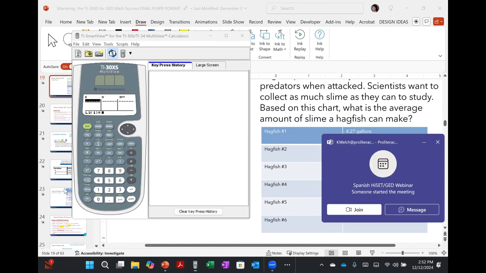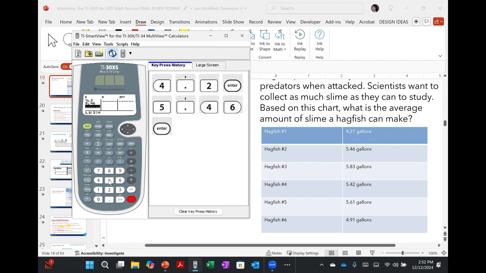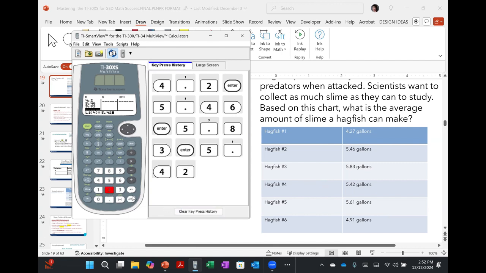So we are going to put in 4.27 and enter, 5.46 and enter, 5.83 and enter, 5.42 and enter, 5.61 and enter, and